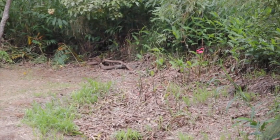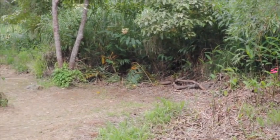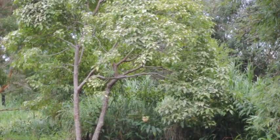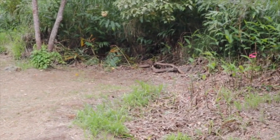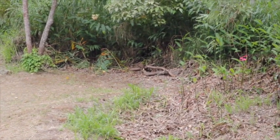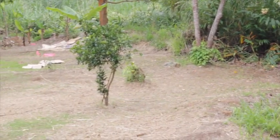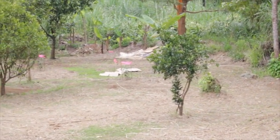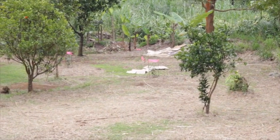The Napier grass has been pushed back by probably about another 10 or 20 feet here, revealing this kukui nut tree, and we knew it was there, but we can now see the trunk. The pink ribbon you see off to the right there is a little ulu tree, a breadfruit tree that we've planted, and more ribbons this way showcasing the plants that have been planted, the trees that have been planted in